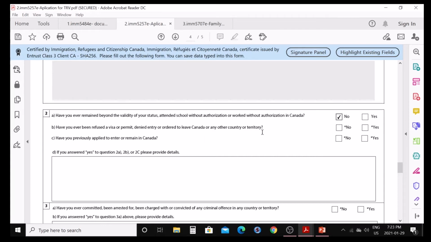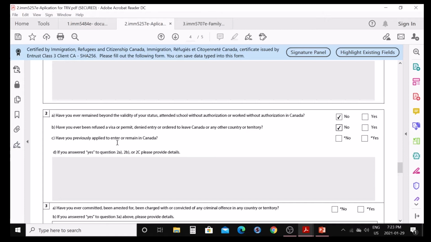So it is about being refused for some reasons. So if you applied for a visitor visa before and you got refused, no problem. If any other reason, say yes or click no. Have you previously applied to enter or remain in Canada? Here, if you ever applied for a visitor visa in Canada, say yes, and otherwise say no.